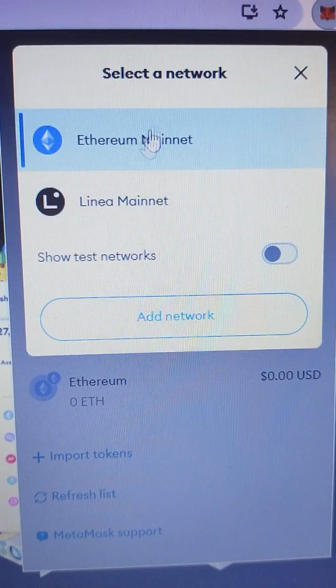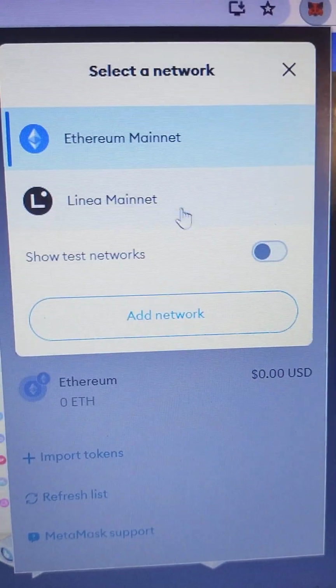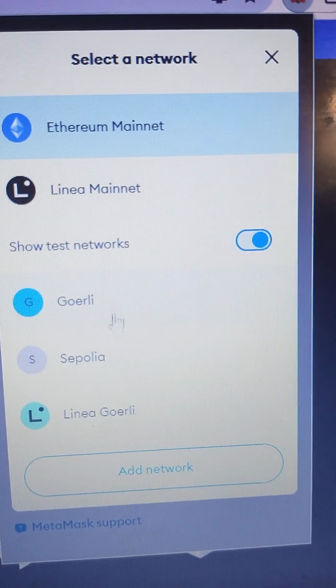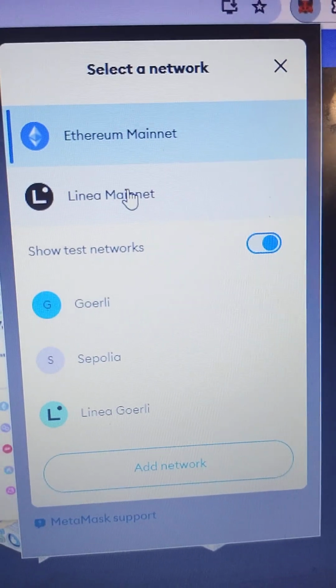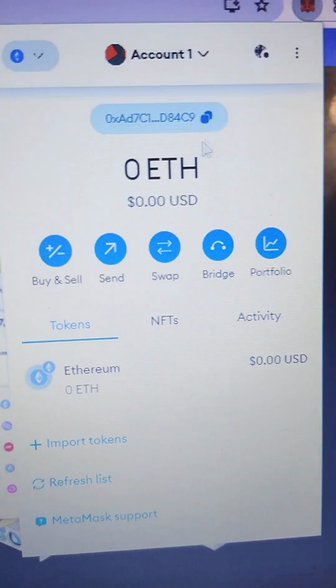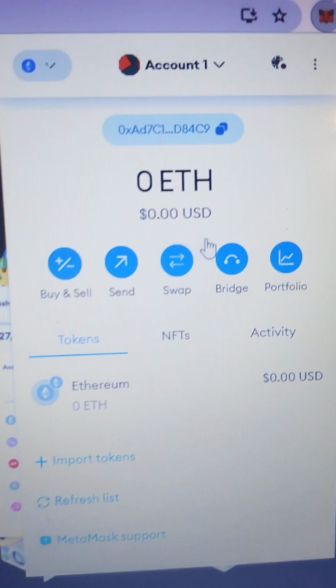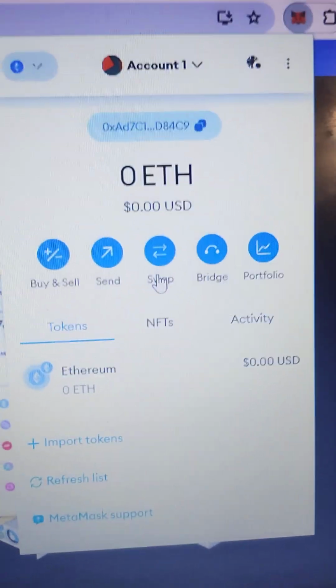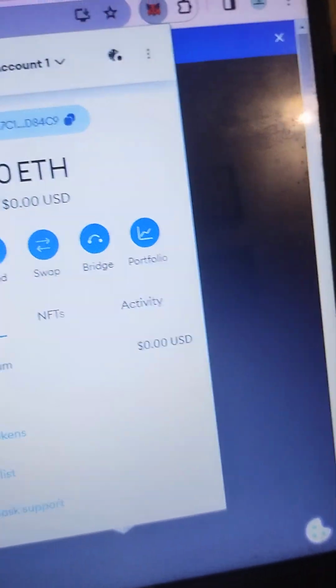This will show you different networks. All right? You click here, show test networks. It will show the test networks. All right? There's a problem. MetaMask does not come installed with other blockchains and other networks. So what we do here, we will go here to